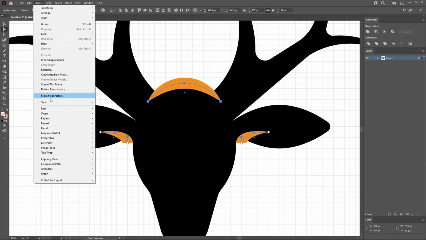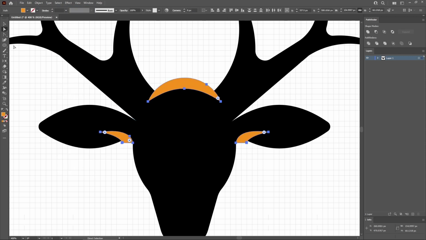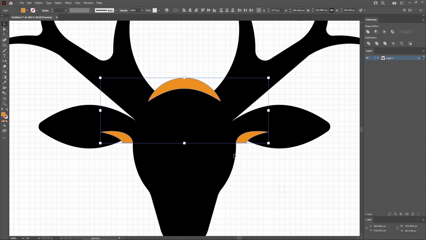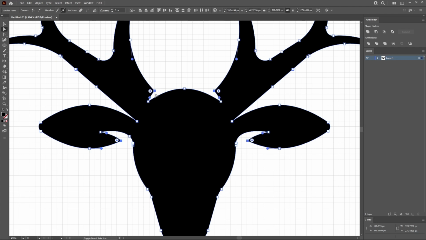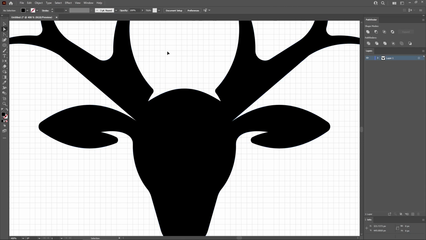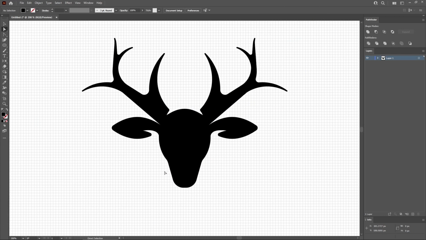Go to Object, Path, and Outline Stroke to turn them into vector shapes. Use the selection tool to select them along with your black logo and click the minus front button from the Pathfinder panel, and then reselect the direct selection tool from your toolbar to select these 4 points and set the corners radius to 3 pixels. Now click outside your selection to deselect it, press Ctrl and minus to zoom out a bit, and let's also